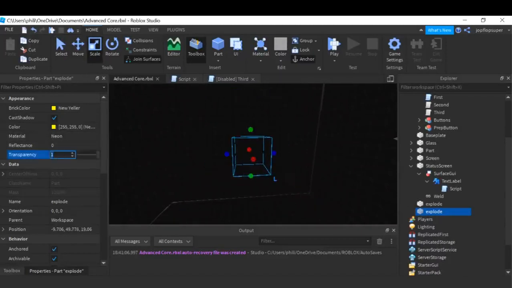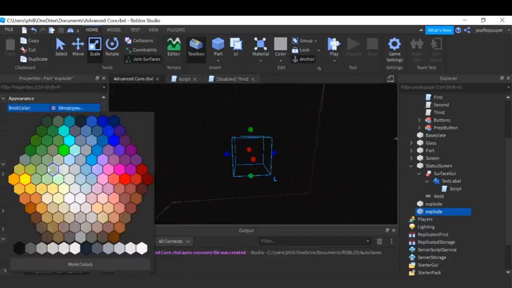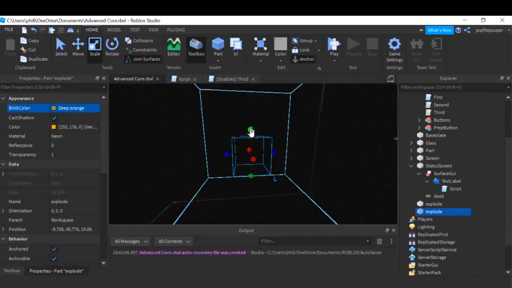This one's gonna be 1. Orange. I duplicated it, so you can duplicate it. Also, from other videos, you guys might be confused what you mean by server-sided. Well,